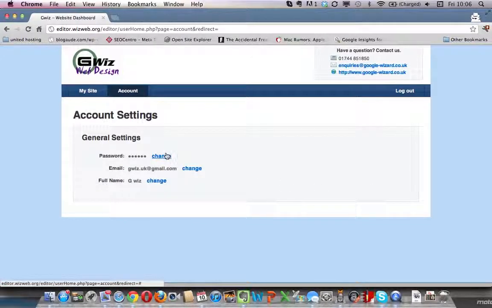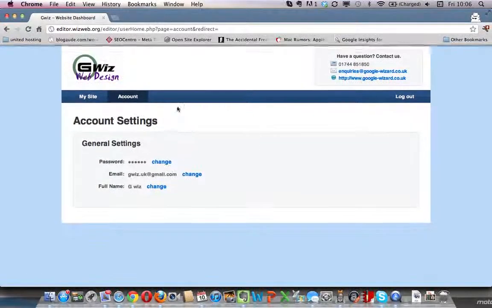Now, obviously you can see you can change passwords, change your email address, change whatever name you want to be known as. Okay, and that's in the account settings. So if we go to my site,